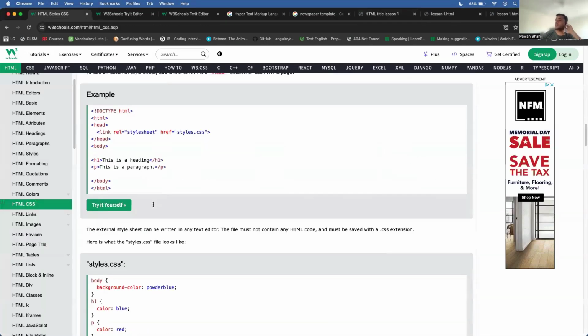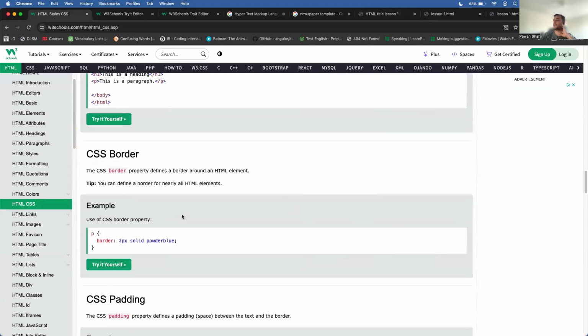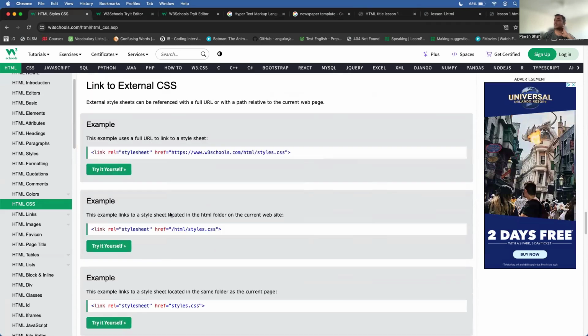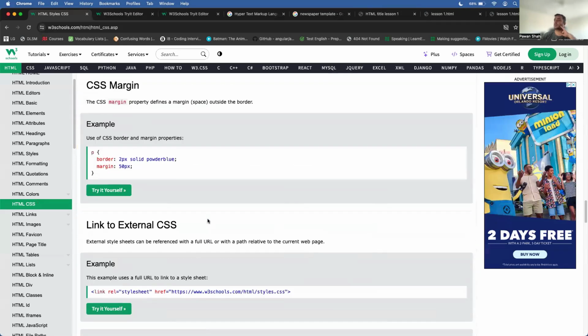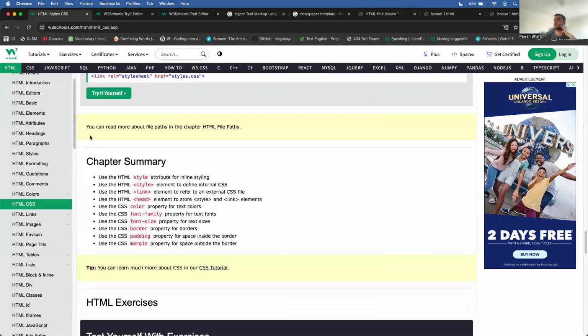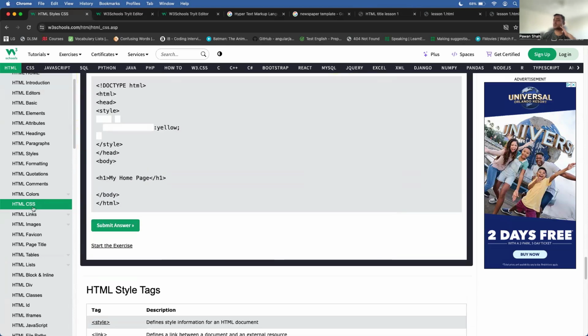So this is how you define a style, right? This is the CSS, and the CSS will have different properties like border, margin, padding. All these properties we can cover in a separate video for the CSS, but we are just focusing on the HTML tags right now. So let's move forward with